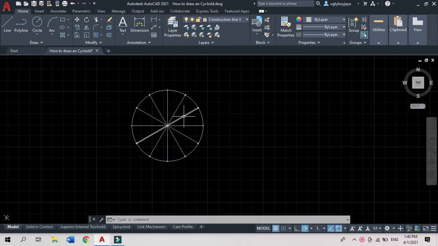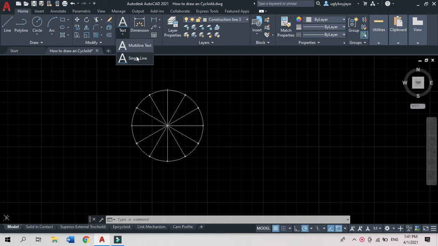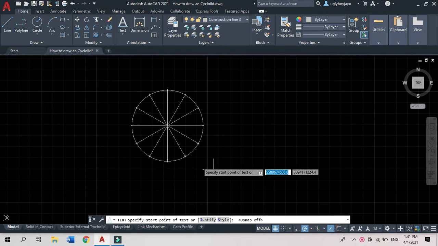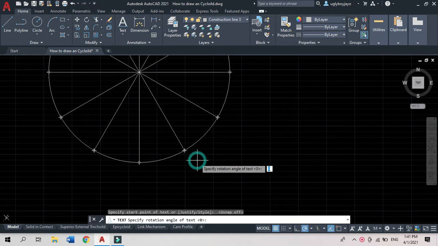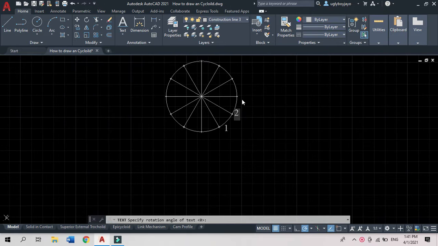Then after you finish that, you're going to want to label the points on the circumference. So you're going to go into text, you're going to click on the down arrow, you're going to select single text, ensure that your snap is turned off. Then you're going to type in 1, 2, 3,